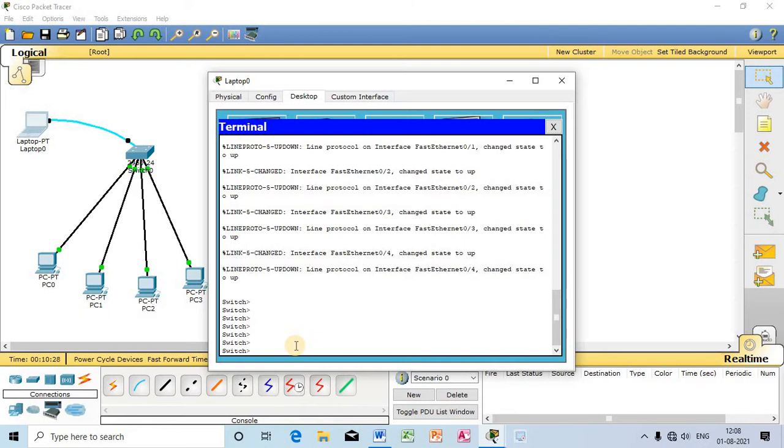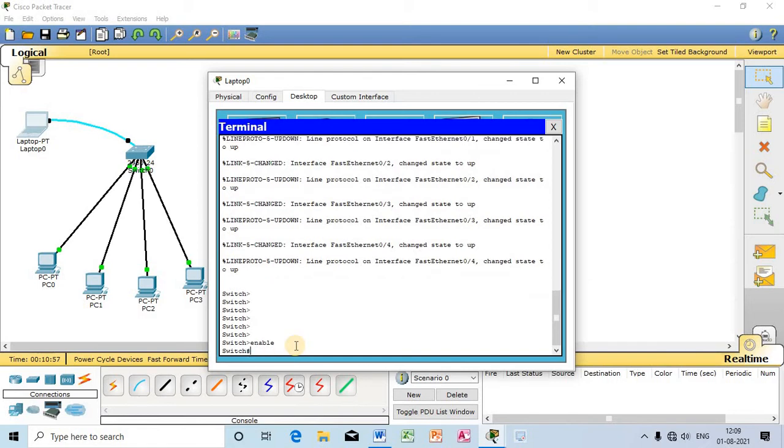I will convert the switch to active mode. To do that, I will use the command, that is ENABLE. This command, remember the command, write it down in your notebook. ENABLE. This command will convert the status of this particular switch to enable mode. Previously the switch was disabled, or you can say inactive. So after writing this command, the switch will convert to enable mode or active mode.